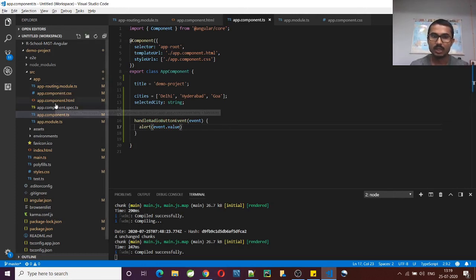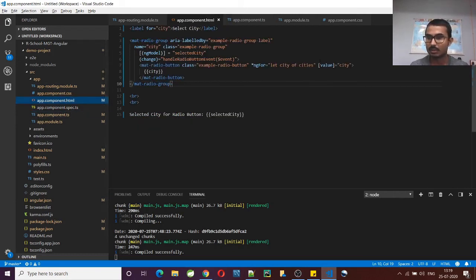So this is the way we can read the property. This is the value we are setting, whatever the current value is, that is set to the property, and that value we are reading from mat-radio-group. Make sure that you are doing everything in the group, because whatever the value of every radio button is, that will be associated with this group, because all these radio buttons point to this group, and whatever the value is, we can read it from here. We can do anything from here, either handle the change event or anything else.